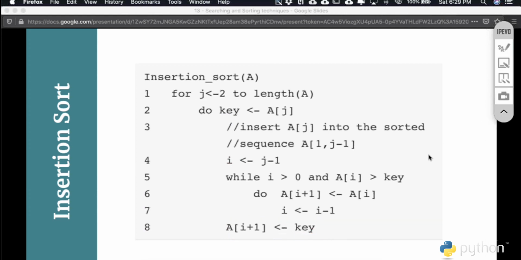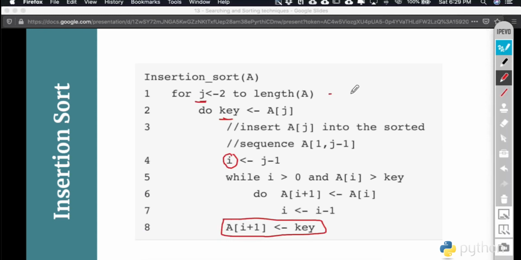Now, when we talk about the time complexity of this particular algorithm, as you can see, we are working with 2 loops in this. Here, this particular loop goes for n times if your list has n number of elements. Now here also, in the worst case, this particular loop runs for n times.